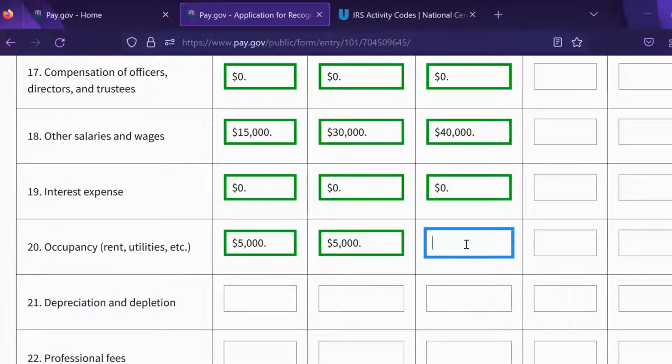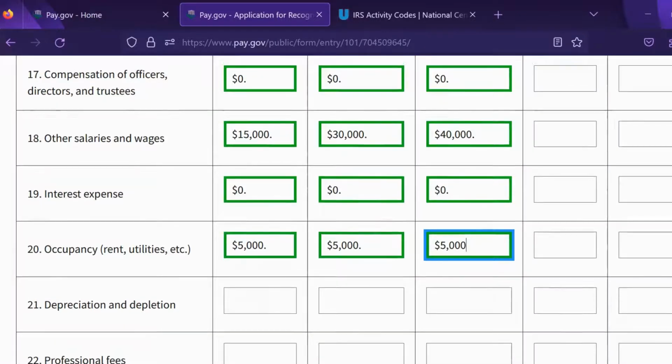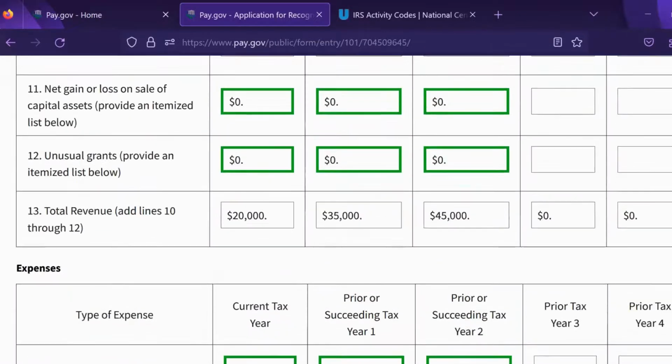Again, be accurate. We know that there's no rent in LA County. That's $5,000 a year. But for the sake of this example, I'm just entering information. Again, please be as accurate as you can. But we did say that we were not anticipating to have more than $50,000 in revenue over the next 3